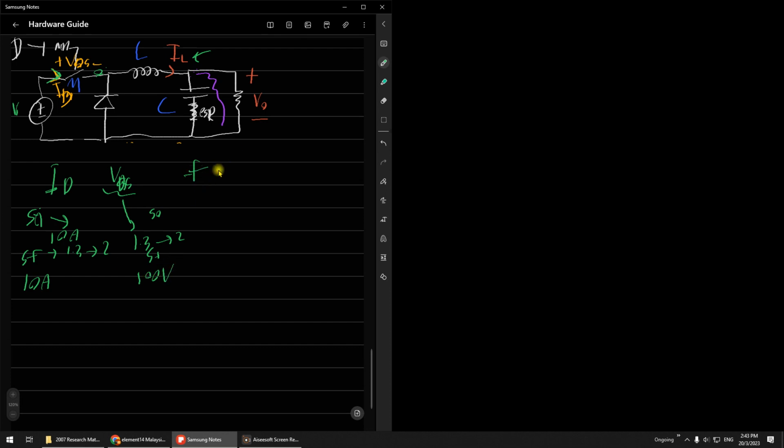And frequency, you have to look. If your switching frequency is more than 30k, you must use MOSFET. But less than 30k, if you want to make sure that the system is very efficient, you use IGBT. IGBT is much more efficient. If you don't care too much about that and you want to save money, IGBT, remember, is quite expensive, and you can just use MOSFET. MOSFET is cheaper,